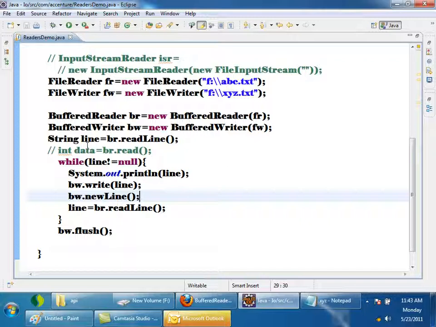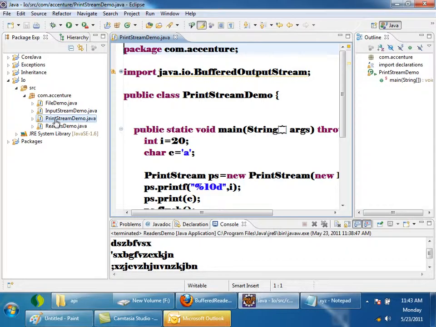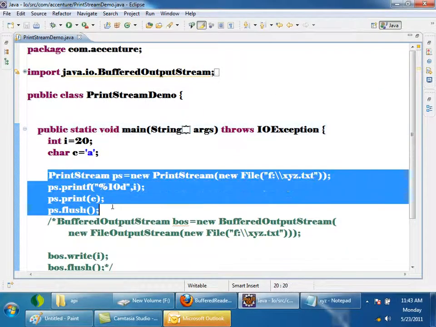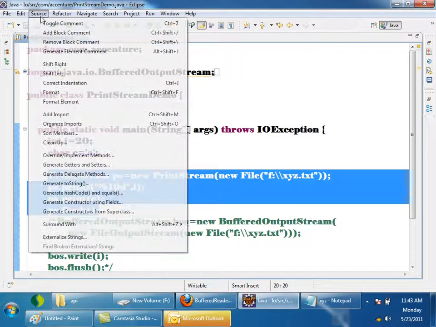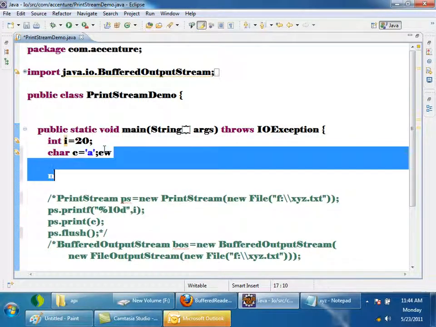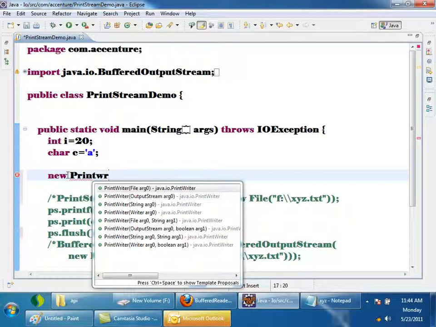Now I will show you an example of how to use PrintWriter. Just see it now. I'll modify this here. See, I'm using PrintStream to write. I will comment this. Now I'll use new PrintWriter.